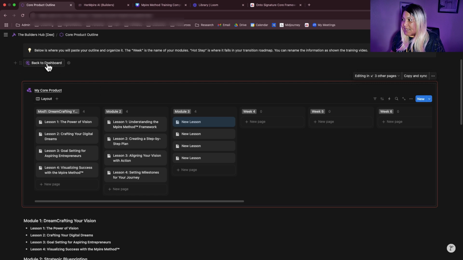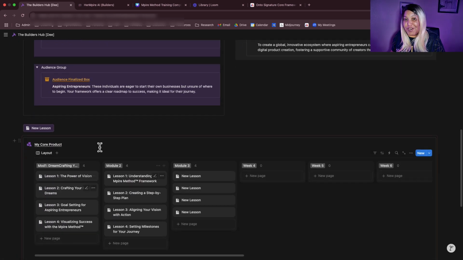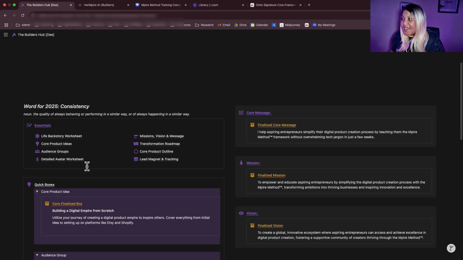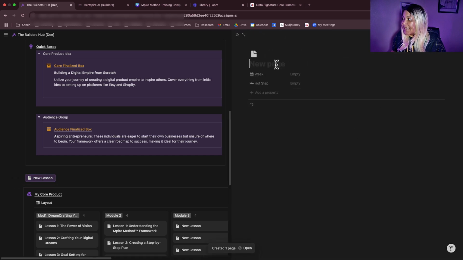So if we go back to the dashboard, all of it's sharing on the front page. Also, you can get to a new lesson from the front page too. All right, by clicking this button, it'll let you do a lesson. And that's in the future, in case you ever think of something else to add and you want to add it real quick. Instead of going in there, you can just go here and pop up a new lesson and just say